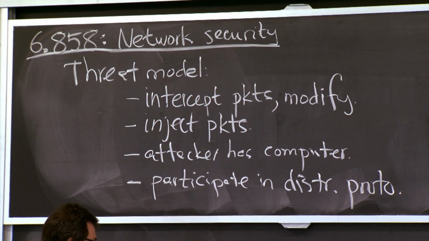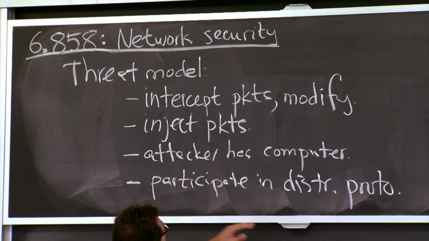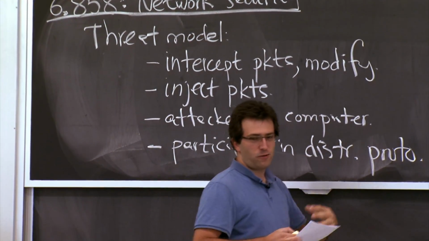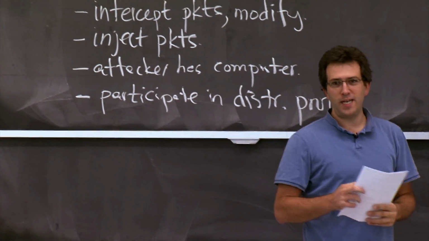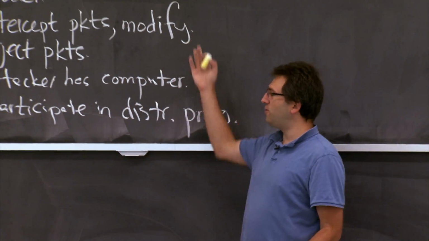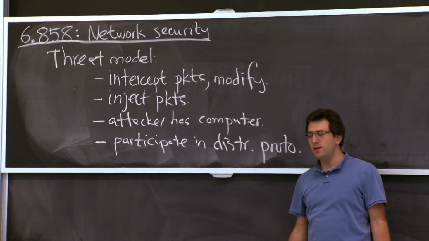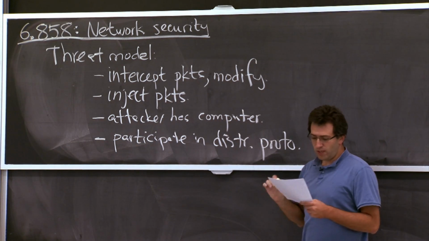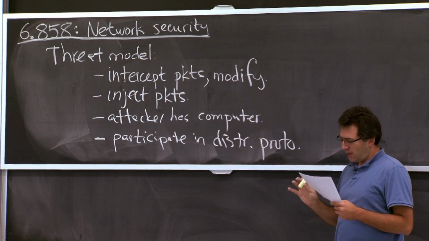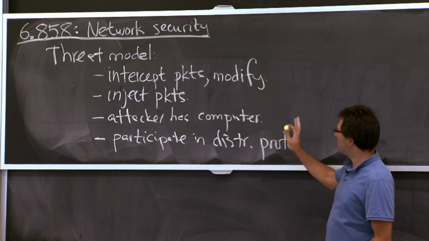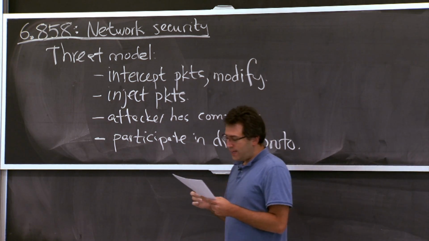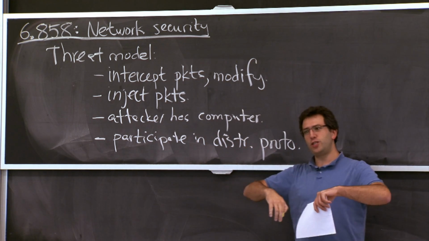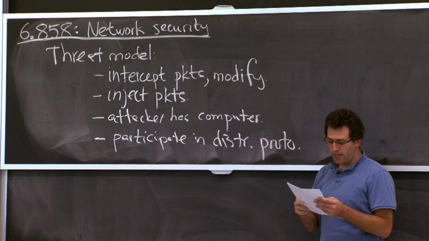All right, so what are the implications of all these things? So I guess we'll go down the list. So intercepting is, at some level, easy to understand. Well, you shouldn't send any important data over the network if you expect a bad guy to intercept them, or at least not in clear text. Maybe you should encrypt your data. So that seems relatively straightforward to figure out, although you should still keep it in mind, of course, when designing protocols. Now, injecting packets turns out to lead to a much wider range of interesting problems that